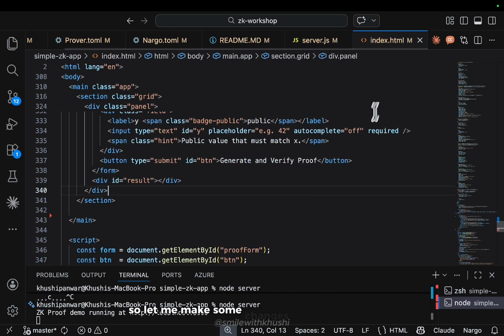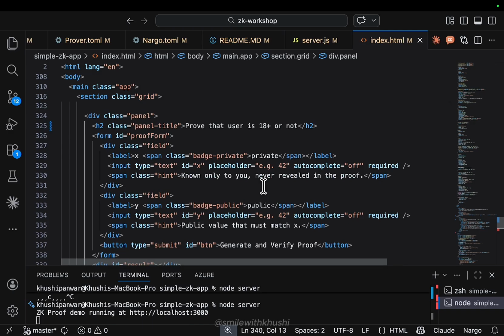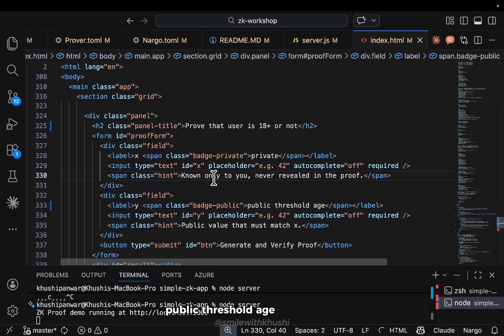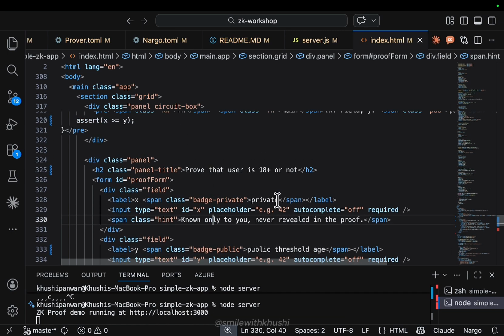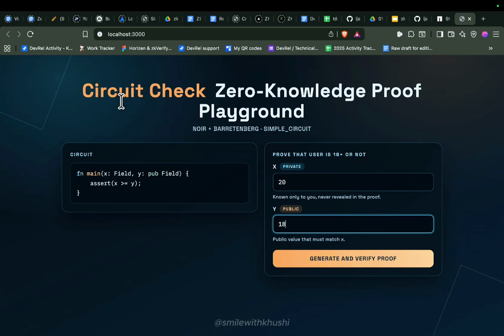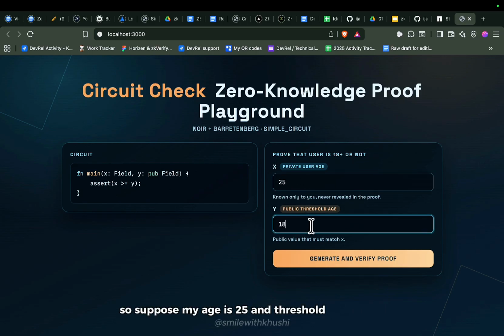So let me make some changes to the front end so you can easily understand. Public threshold age and private user age. So suppose my age is 25 and the threshold value is 18.